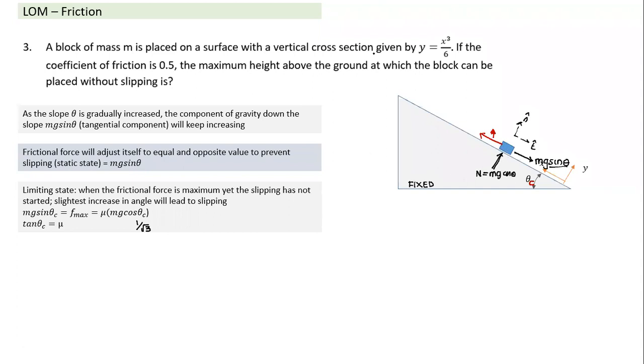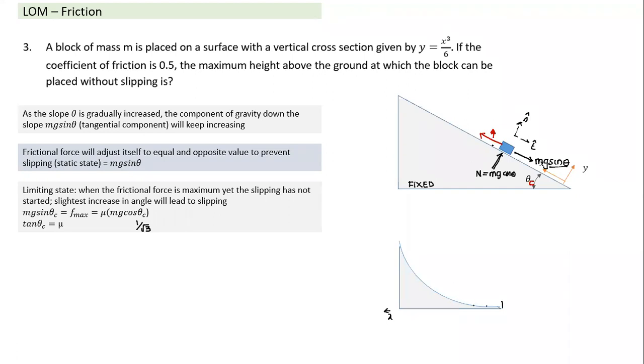Now we apply this to the question. Let's come back to this question. The surface is like this, and it is curving like this. I have drawn x in this direction only. As y keeps increasing, the slope also is continuously changing. When we keep the object here, the slope is less. At this point, the slope is more.